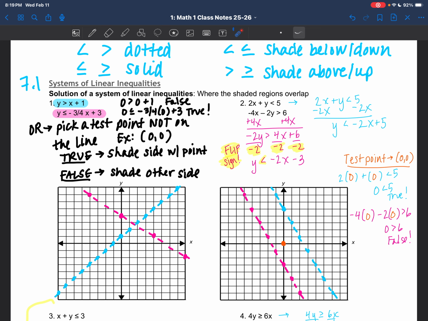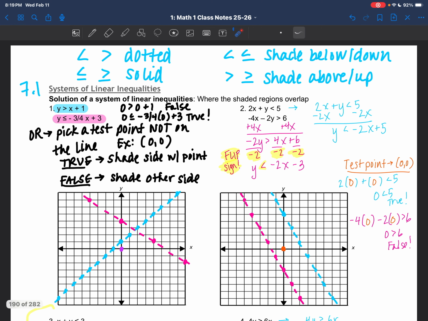So I'm going to pick a point that is not on either line. So I'm going to pick 0, 0. If it's true, I'm going to shade the side with the point. If it's false, I'm going the other direction. So if you look here,